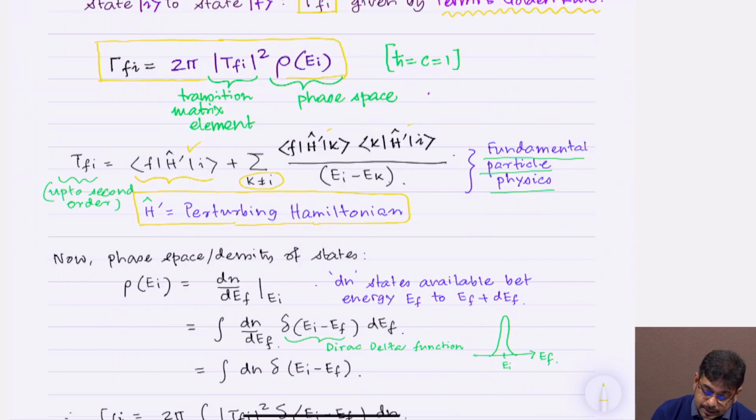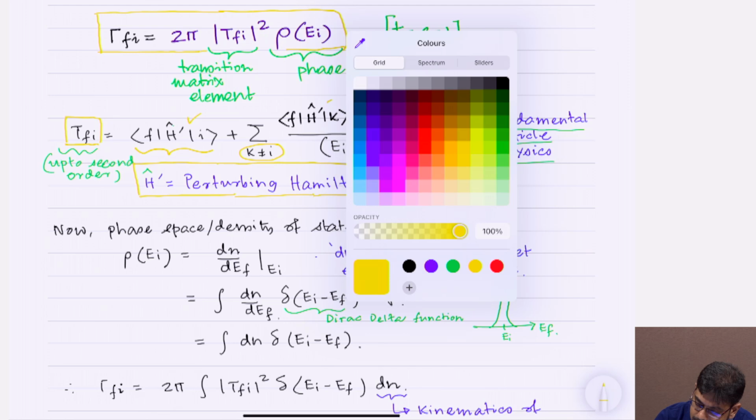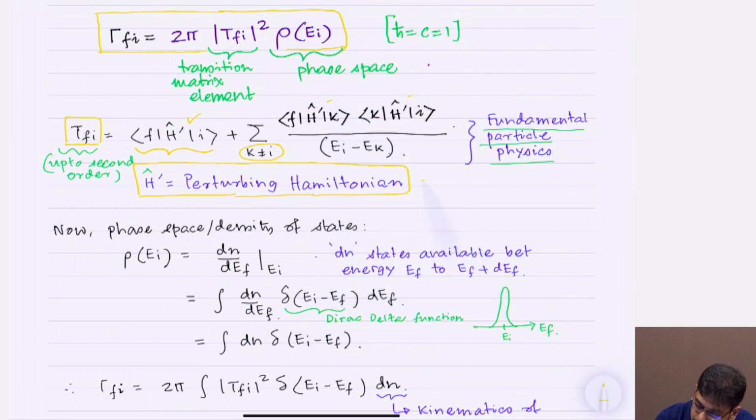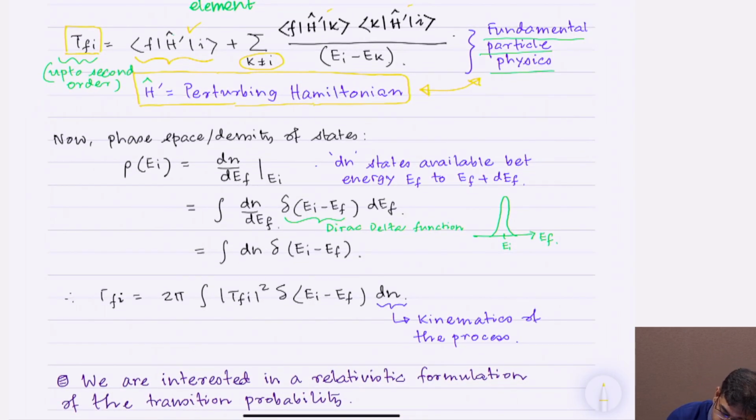Okay? And this quantity T_FI, the transition matrix element, as you can understand, is governed by the interaction Hamiltonian, and that will essentially come from your fundamental particle physics or your interaction. So, this is something that we are going to discuss later. What we are going to discuss today is basically the other part, which is the phase space density or